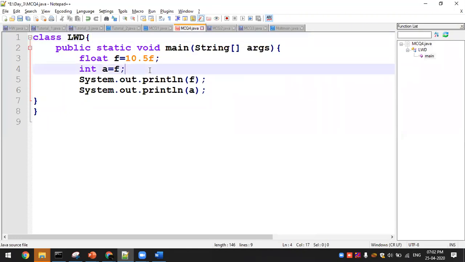Here, just check it. So float value f equal to 10.5 has been assigned. This is going to be assigned to int a equal to f. So this f, a float, and int both have 4 bytes, right? But here what I'm doing is just changing the type definition. So what am I supposed to do here? Will this throw any error?